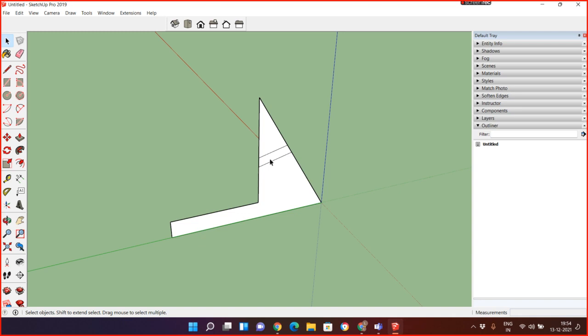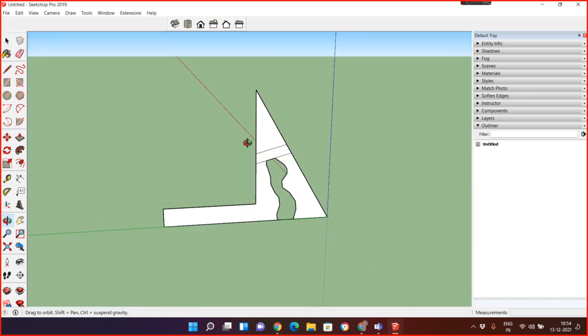See, it's divided. Or we have a good option, go to the freehand tool, click 1 2 3. See, click 1 2 3, and now we have a different 1 2 3 divided. And if you want to delete any particular thing, select and delete, it becomes open.